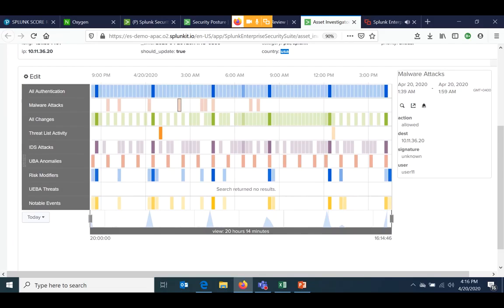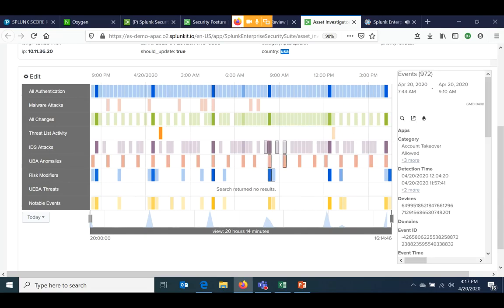So all the different data sources here are shown based on the human-based pattern, and if you see it diagonally, you'll see a completely different picture. And these measures can be edited as well, and kept as per your comfort. So this is the 20 hours 14 minutes cycle, and if you click on a particular link, you can see all